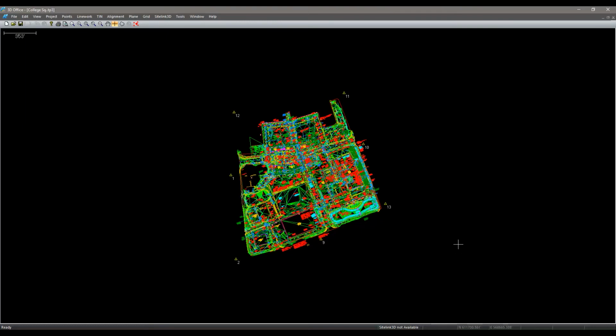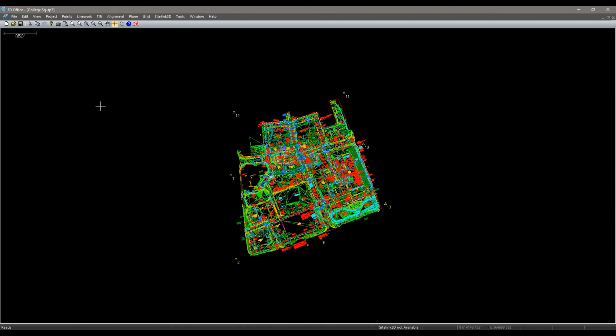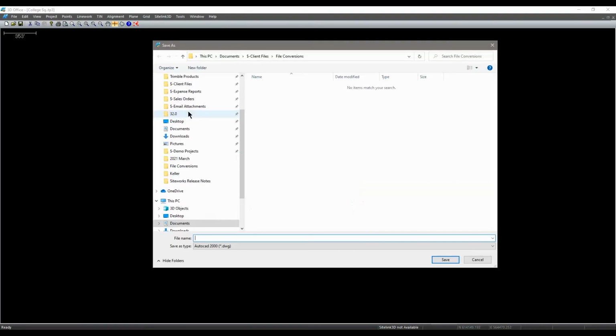Okay, now that is exported to my computer, and now I'm going to go into the Linework tab, and I'm going to click on select all line work, and then I'm going to go back to the line work tab and say export selected line work to AutoCAD file. Okay, it's going to take me back to that same folder. I'm going to go to the DXF here. I'm going to click on this one, and I'm just going to change this description to line work